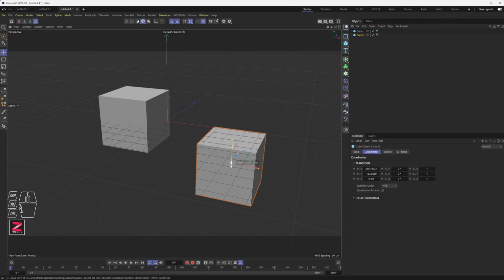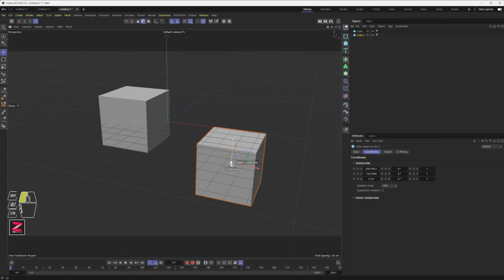Here I just turned on the axis snap, so you can here move your mouse, and now you are ready to set the source point,